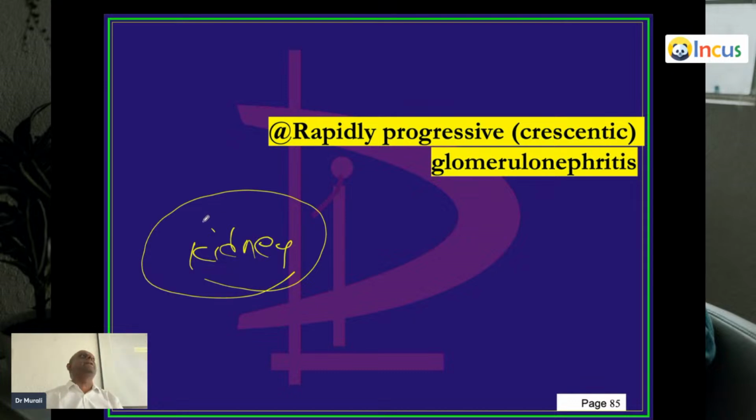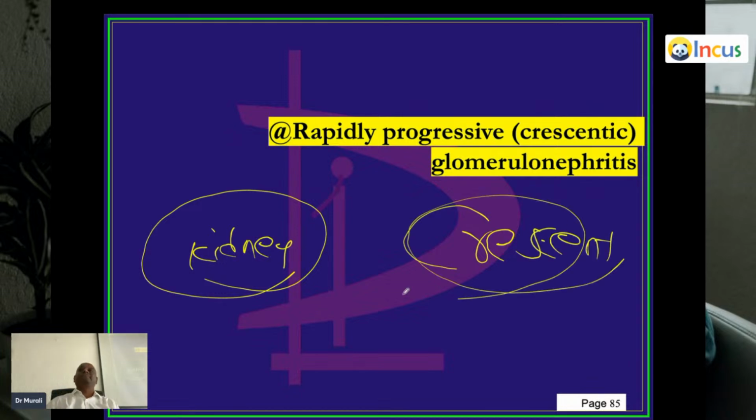So what is the main histopathology in RPGN? Crescent. What is that? Crescent. So having come from a Telugu medium background, I used to say in the ward rounds, crescentric. My professor used to say, arey, eccentric ranu. It is called crescentic, not a trick. Crescent. Okay, what is crescent?